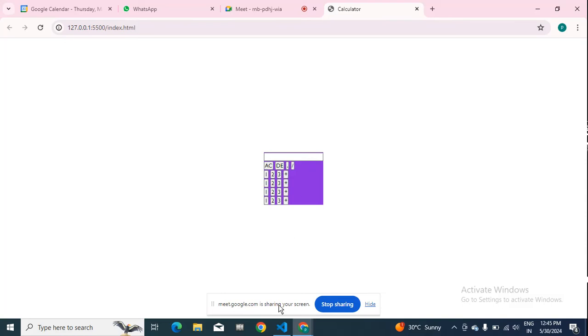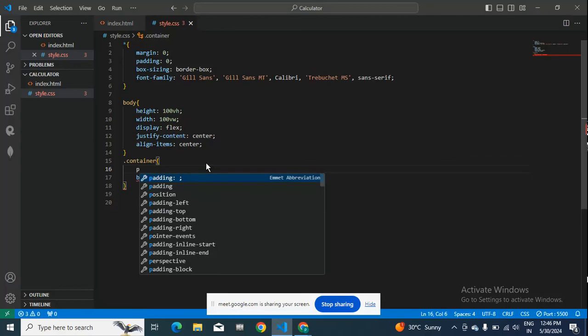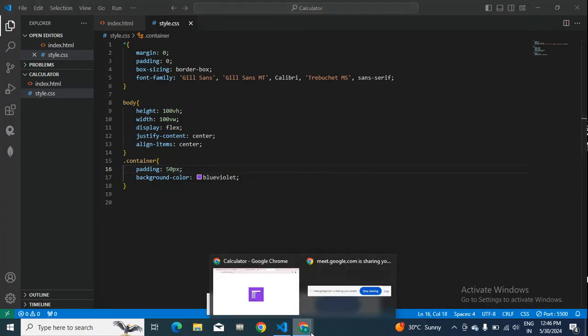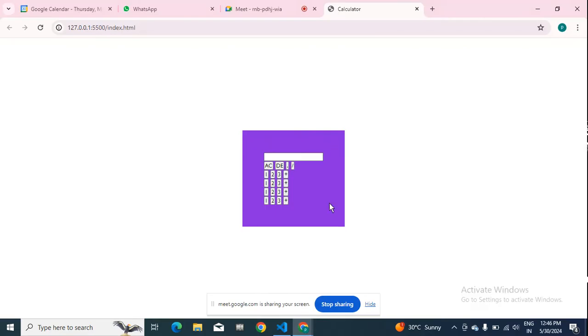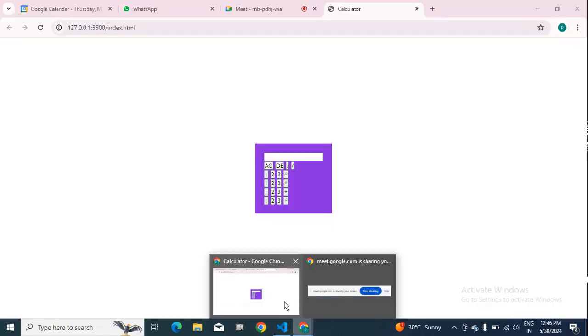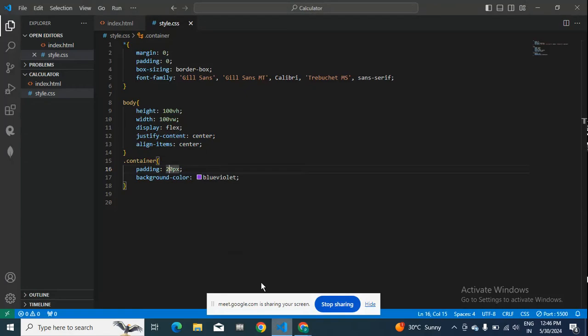See, I don't need width. Instead of giving width, what I'll be doing is I'll be using padding. Okay, padding I need 50 px surrounding that. Okay, or I'll make it still less, that is 20. See, you can give like this, so it is in center, right? The next thing is what we'll be doing,